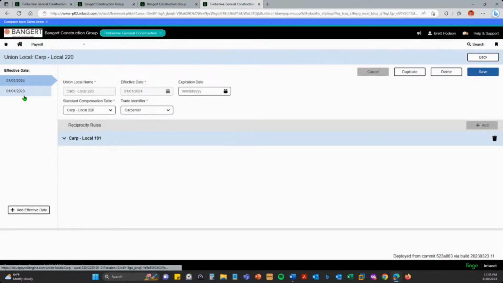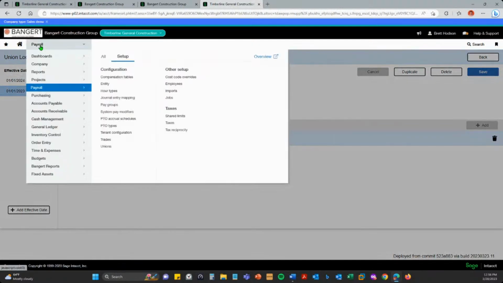So maybe it happens to be on a Wednesday. Maybe you get mid-year updates on various types of things. What's also nice about this is that as you go along, you're going to have a history of all these effective dates, whether this has to be union benefits and rates or pay rates, that raises that you'd have with an employee. All that stays in the system and is very, very straightforward and easy to see.